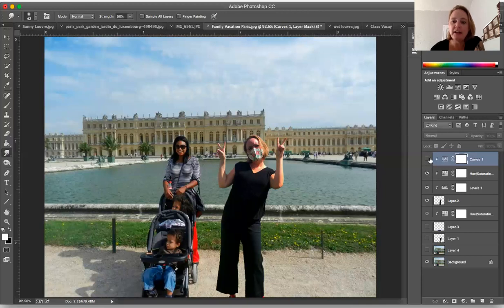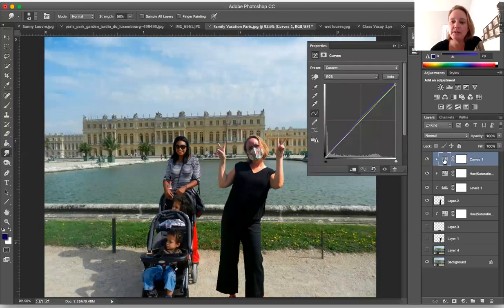And then I went in and did this curves adjustment layer. The curves adjustment layer, don't be afraid of. Again, you can see it's a very, very subtle difference. But I'm going to open this up and show you what's happening here. Curves also affects your highlights and your shadows and your midtones, but it affects the different color channels as well. So you can come in here to where it says RGB, and you can affect just the reds of your image. So that's going to just show me the red